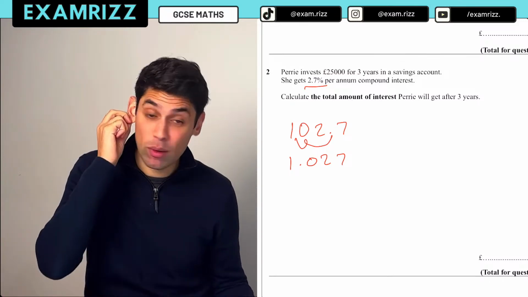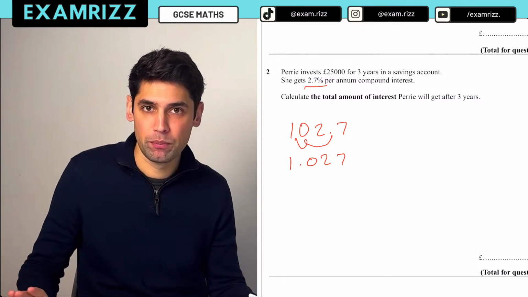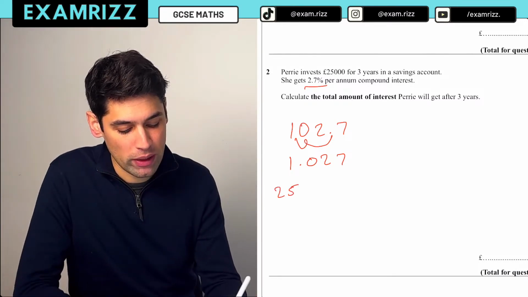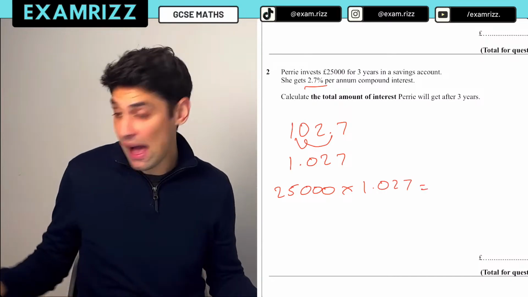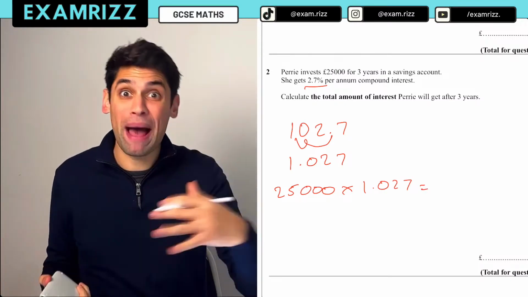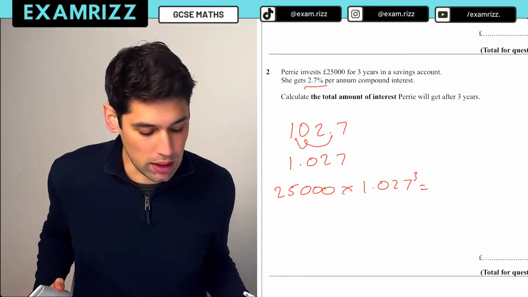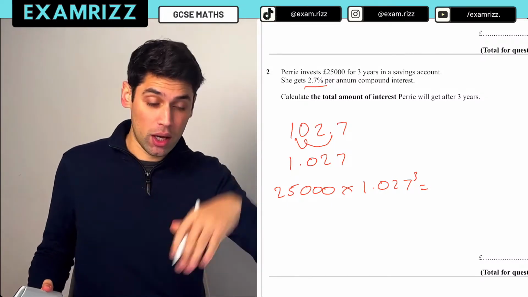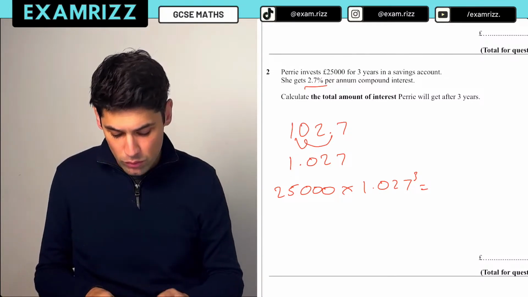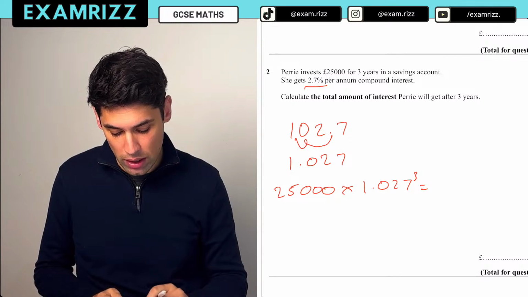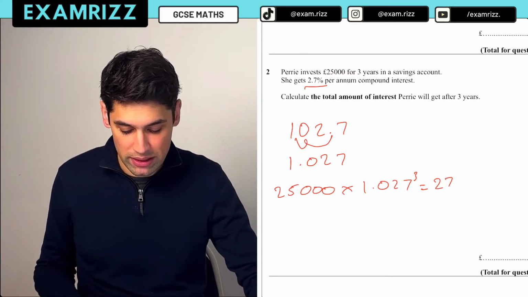But this tactic is really important to be able to find the decimal multiplier because it makes everything so much simpler. What we can do at this stage is just do 25,000 times 1.027, to the power of how many years? So 3 years. Sorry, I should have expressed that in the original equation. So the original amount times the decimal multiplier to the power of how many years equals the answer. So this is just going to be 25,000 times 1.027 to the power of 3, and the answer is